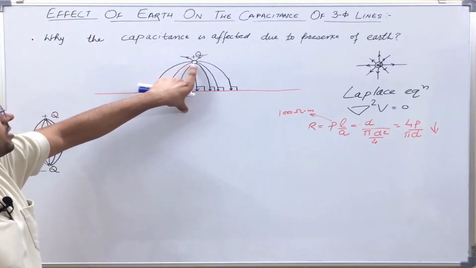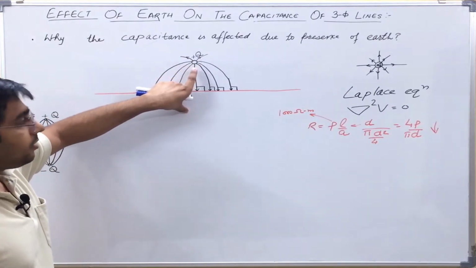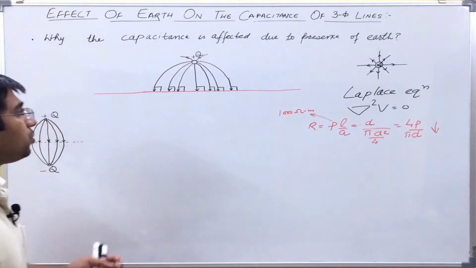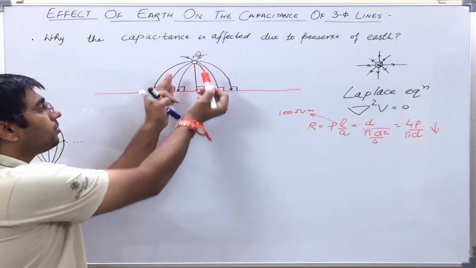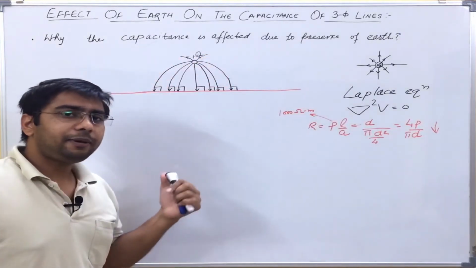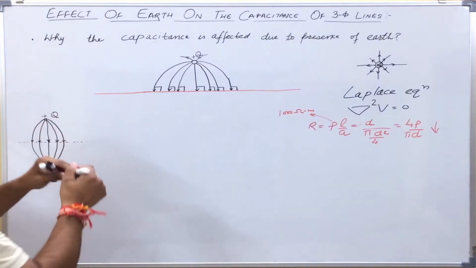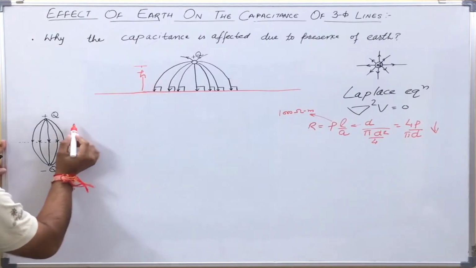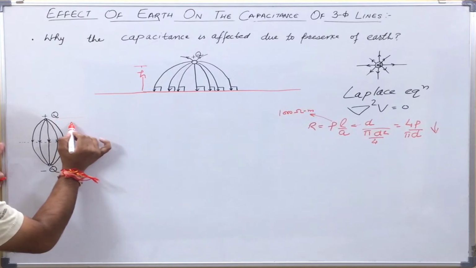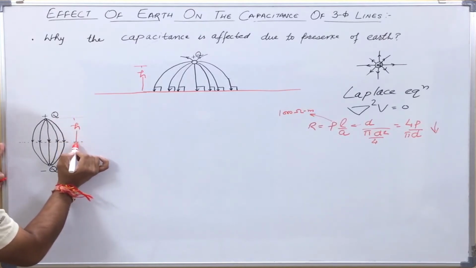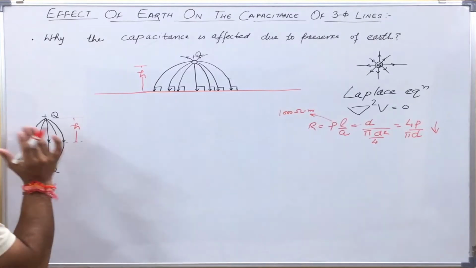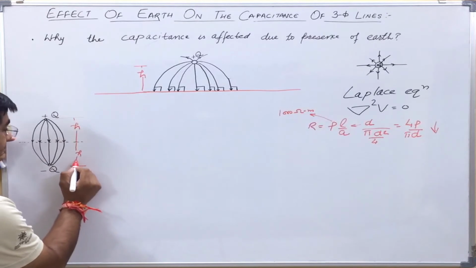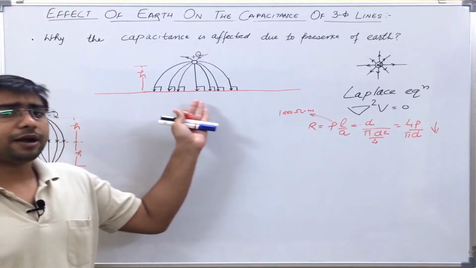Now this charge can be considered as a transmission line which is carrying a charge Q per unit length. Now you see, this kind of pattern above the conducting plane is similar if I put a charge, let us say at height h above the plane. Let us say I am showing the same situation here. Now this is height h. Now if I put a charge minus Q exactly below the plane at depth h, and I remove this plane.